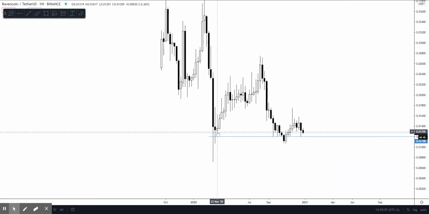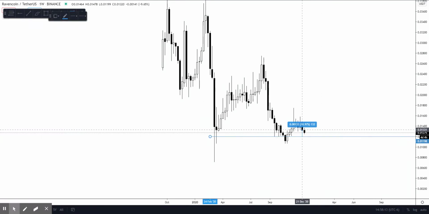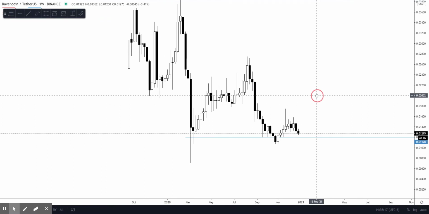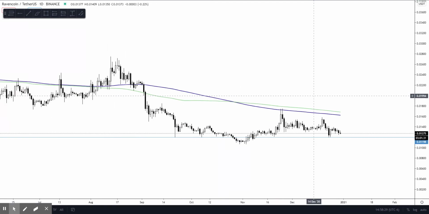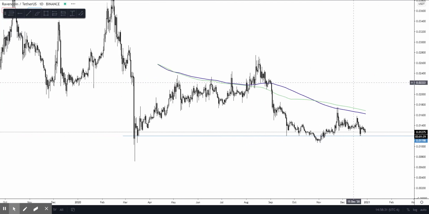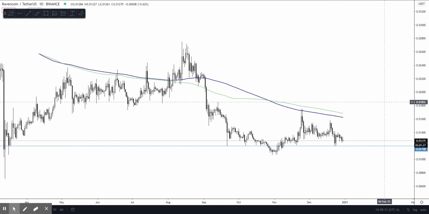So we found support here, got a nice reaction, came down, tested it again, got a smaller reaction, came down, tested it again, and we got a smaller reaction yet again. 10% bounce off of it, right? So I'm not looking to hold this stuff that's downtrending. I'm not looking to speculate a potential high time frame reversal because it's not probable. It's just not probable. The trend, our market structures, everything is telling us to expect lower lows and lower highs,